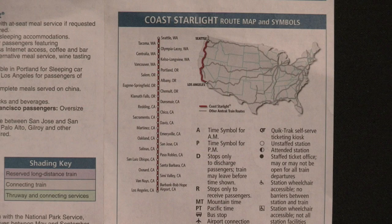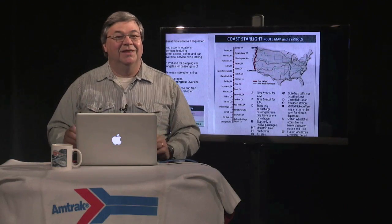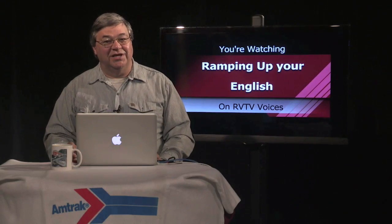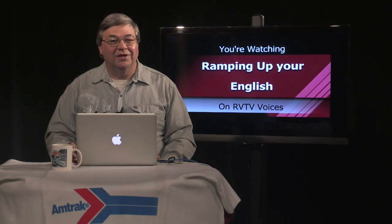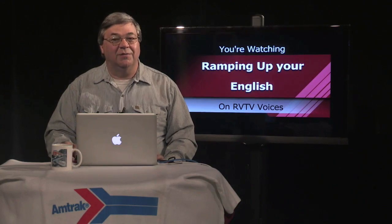To the right, there's a map and important information about this train, including the meanings of the symbols. So finding your departure and arrival dates is important. That's what you need to know to make your reservation. The price of the ticket is not listed in the timetable. So for that, you have to go to the website